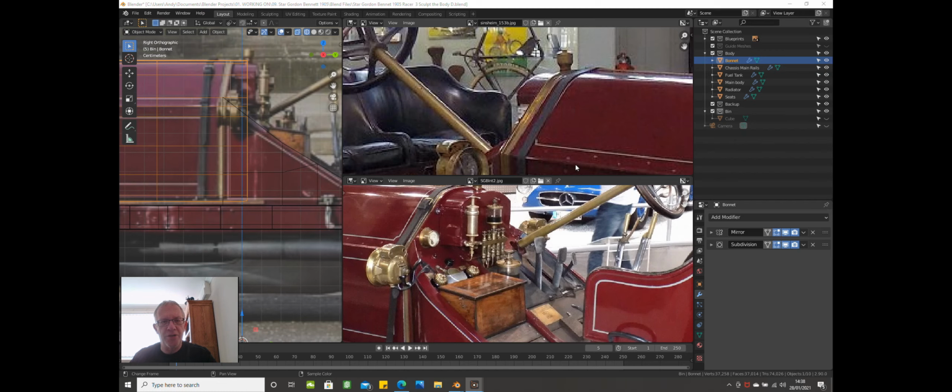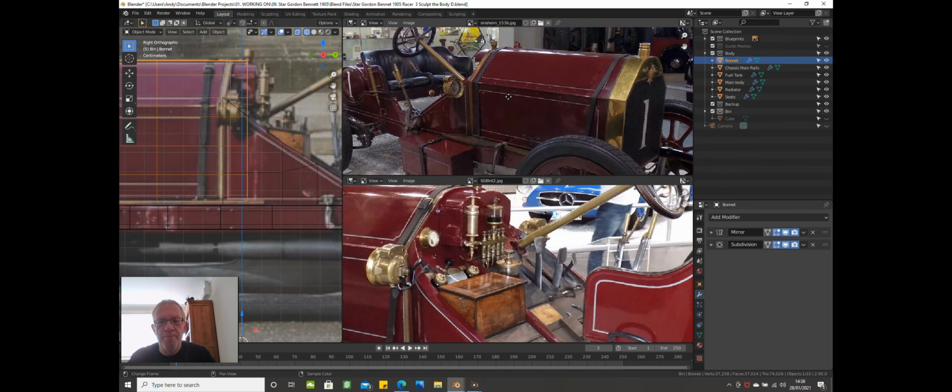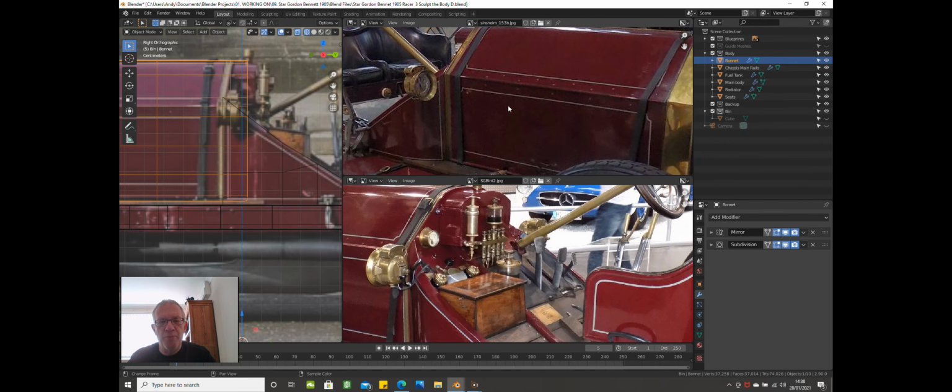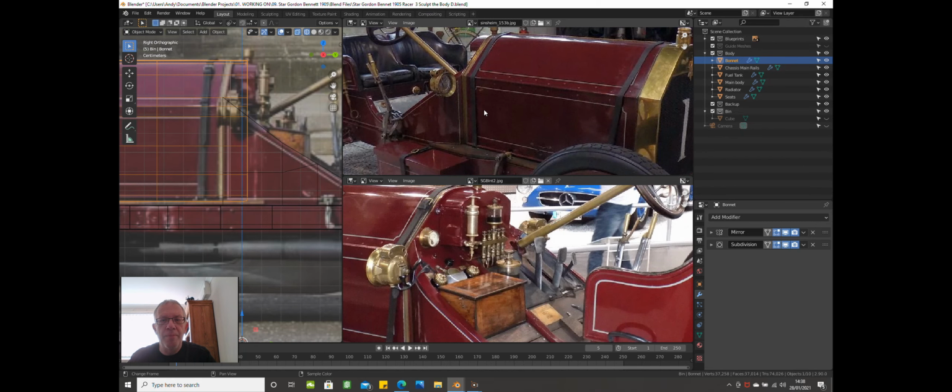So here we're looking at the next episode of the 1905 Star Gordon Bennett racer. What we're going to do in this episode is the bonnet and shape the body into the bonnet. There's a curve there, as you can see on here, and that's what I'm showing you now. So there's the bonnet,